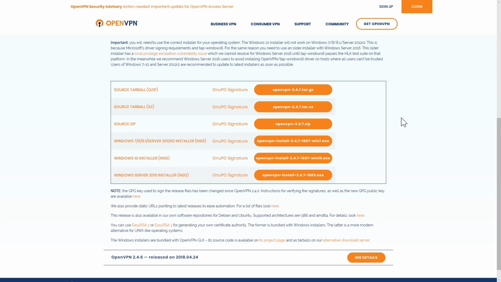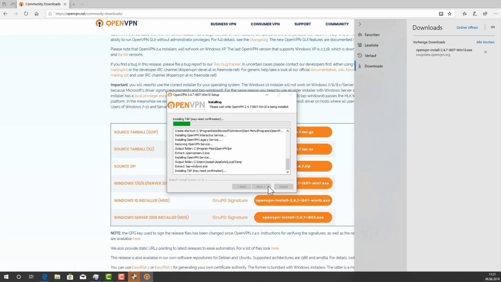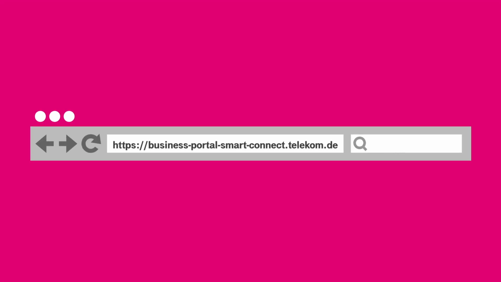In the following, we will show you an example of the installation steps for a Windows environment. Therefore, select the Windows installer. Follow the instructions to complete the installation process. To avoid additional configuration work, Telekom provides you with a predefined configuration file that can be downloaded in the Business